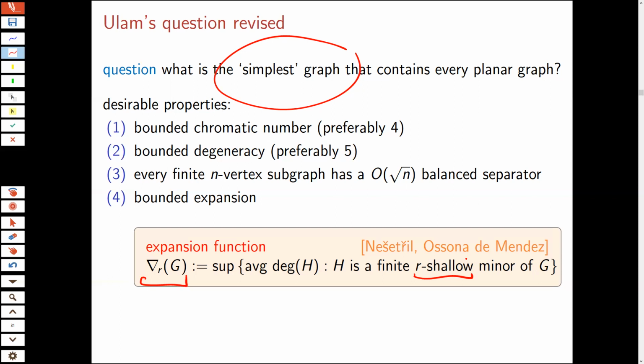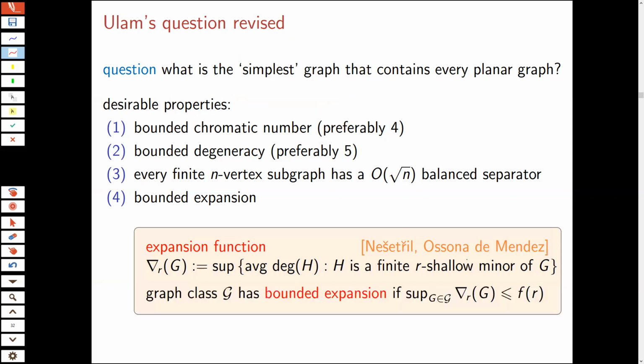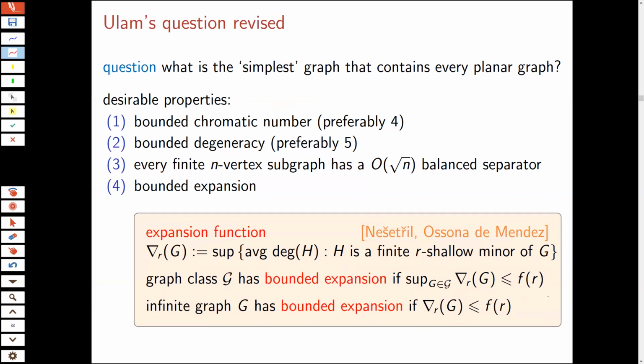That turns out to be a very good definition. Then Nešetřil and Ossona de Mendez would define a graph class to have bounded expansion if, taken over all the graphs in the class, this nabla sub R function is bounded by a function of R. In the case of infinite graphs, you can actually simplify this definition, because you can just say that nabla sub R of G is at most f of R, because there are already infinitely many finite subgraphs of G in that case. Anyway, we definitely would want to have bounded expansion in our